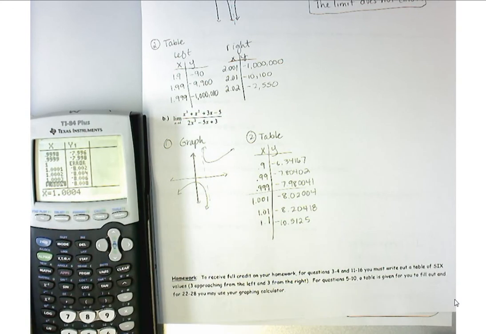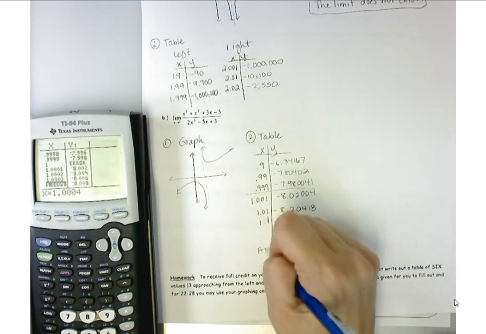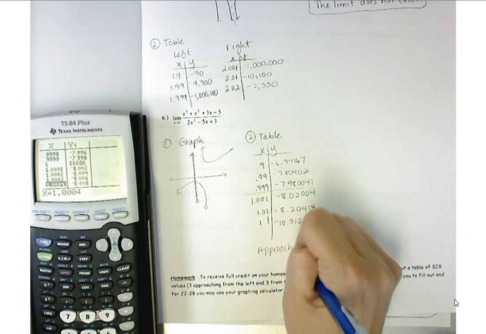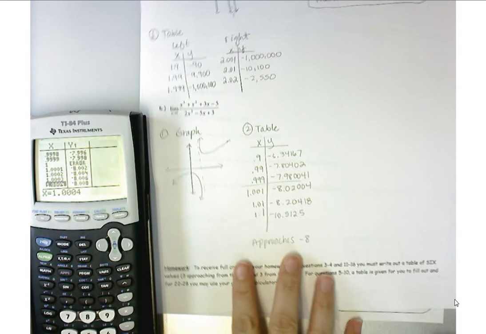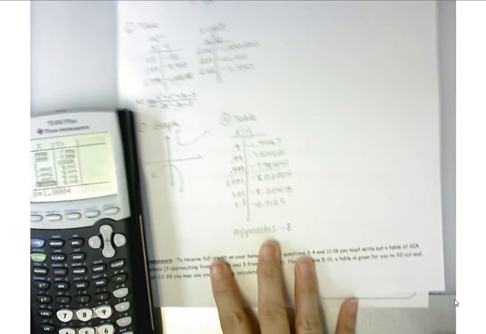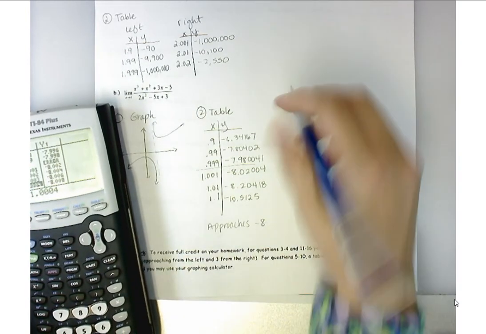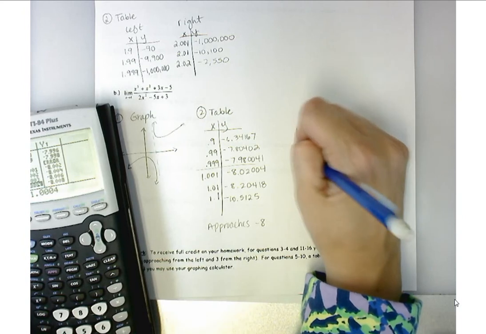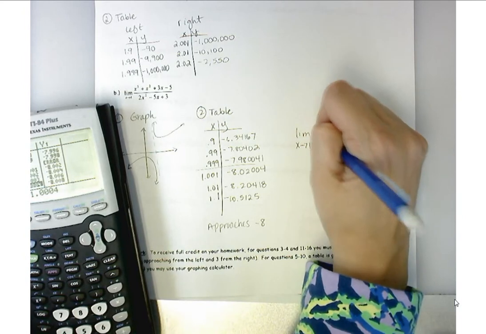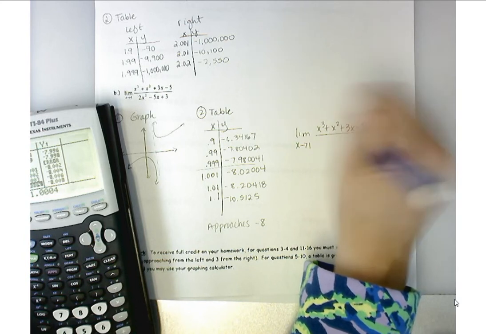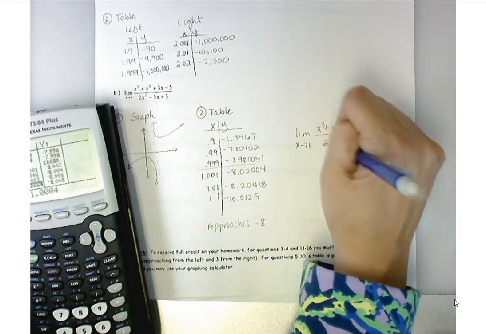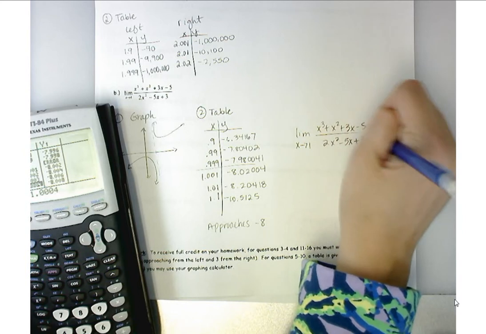What does it approach? Can we see how these are getting closer and closer to -8? Okay, so that means that our limit as x goes to 1 of x cubed plus x squared plus 3x minus 5 over 2x squared minus 5x plus 3 is equal to